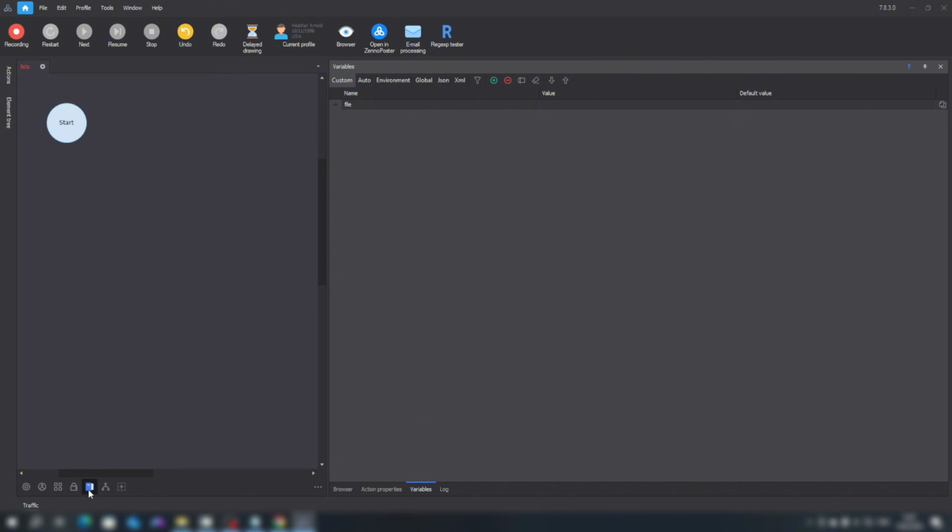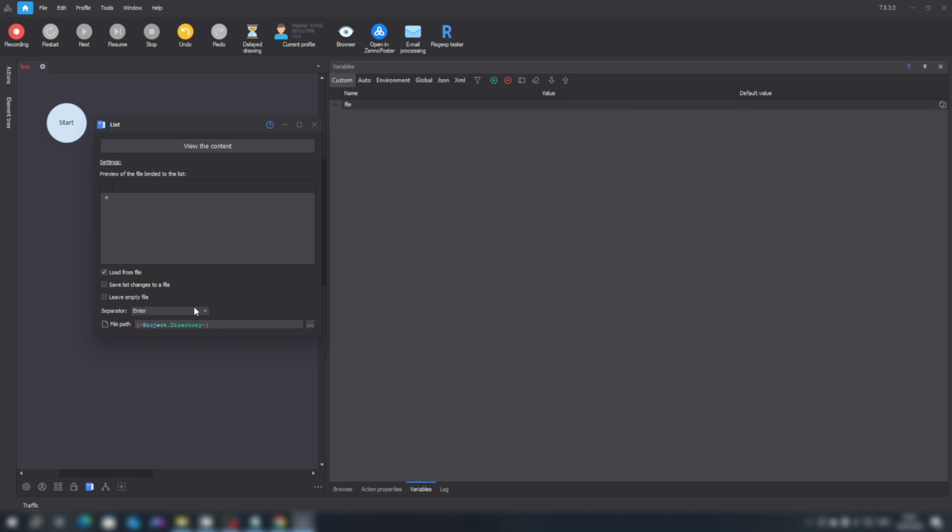For this, let's continue setting up our script. We delete this variable and insert the variable file. Now, when the path is loaded, the data will automatically be loaded into our list. Let's further deal with its settings. We can save changes to the list and, so to speak, synchronize it with the file. If we check this box, all changes we make to the list in the script will also occur with our file: delete a value, add, rewrite. All of this will be synchronized.